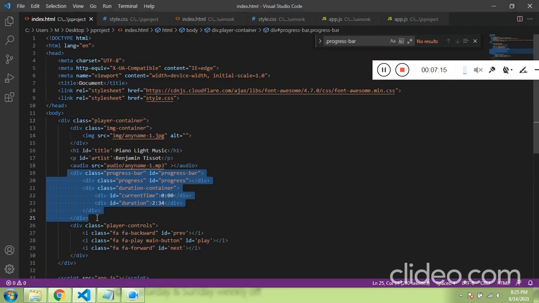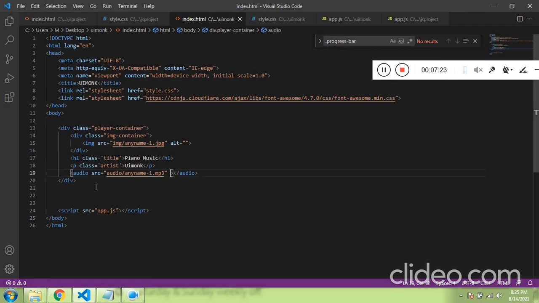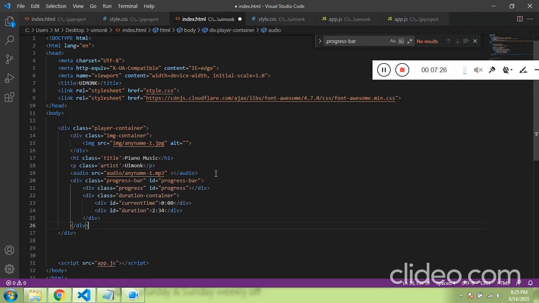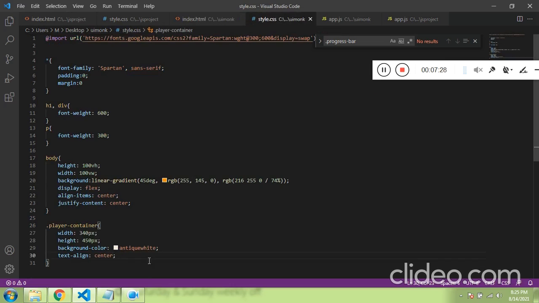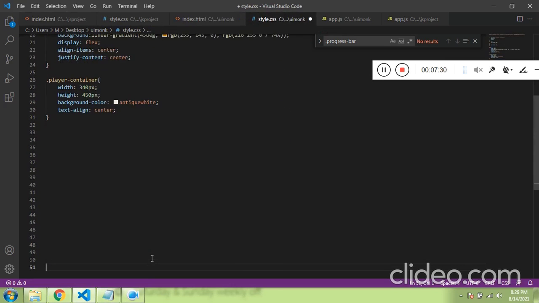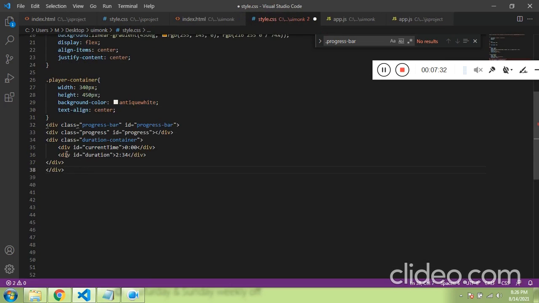If you see, we have a progress bar container. Inside the progress bar we have a progress class, and then we have the duration. Let's copy this and place this over here. And just to avoid the confusion, let's have this over here as well, and just comment this. We don't have to go here and there every time.